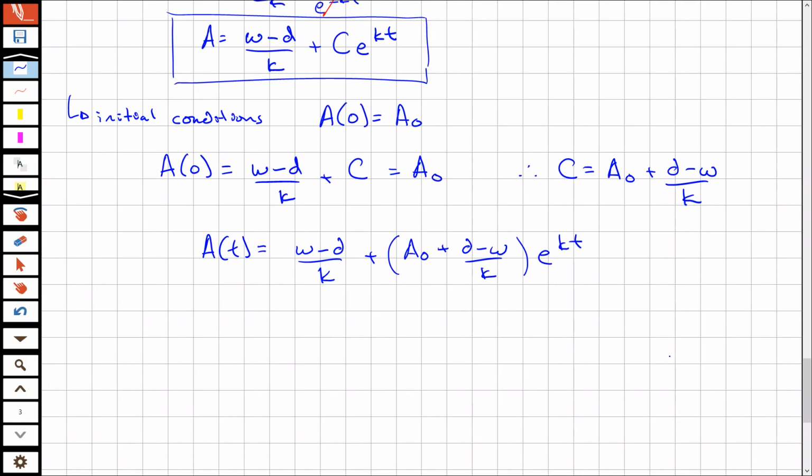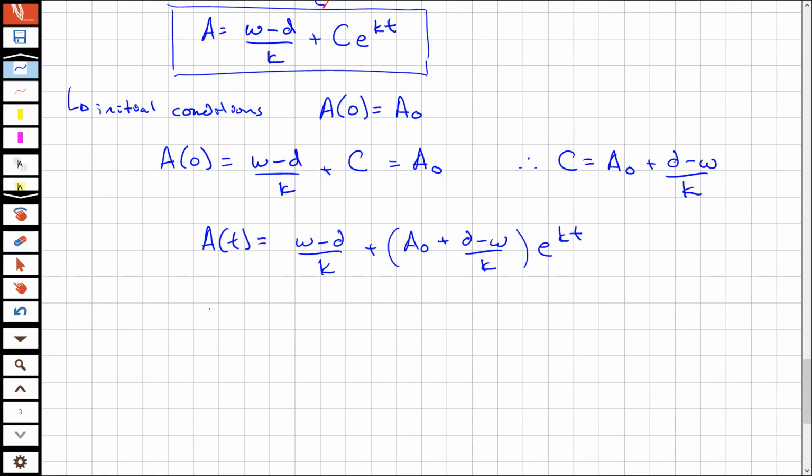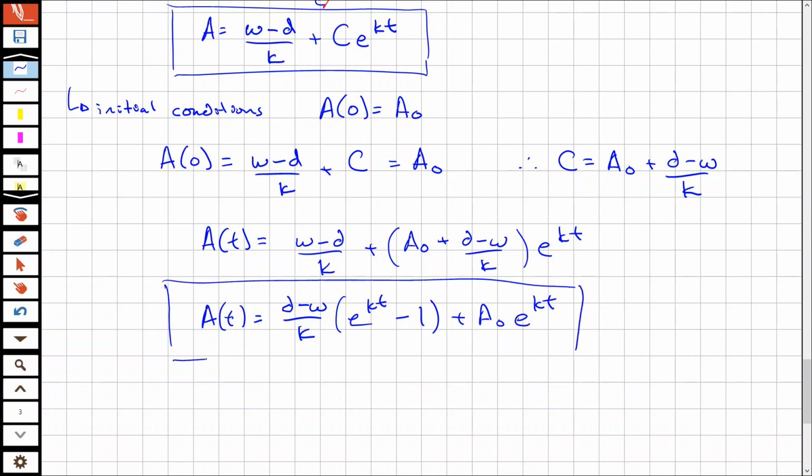And I'm going to write that in a much nicer form, and we're just going to say A of t is equal to, we'll bring the d minus w outside, d minus w over k times e to the kt minus 1, plus A naught e to the kt. Okay, so this is our formula here for